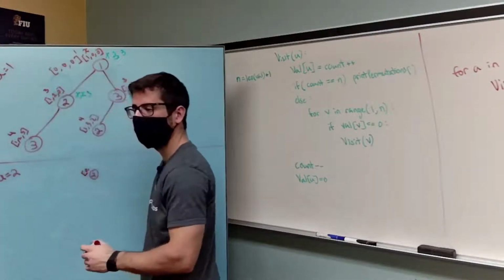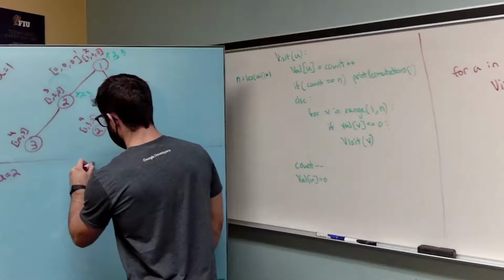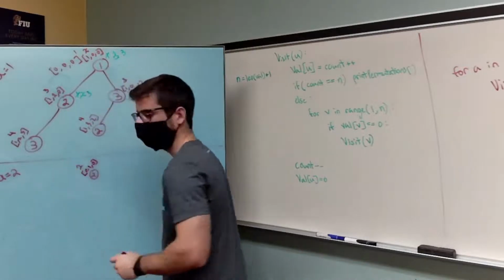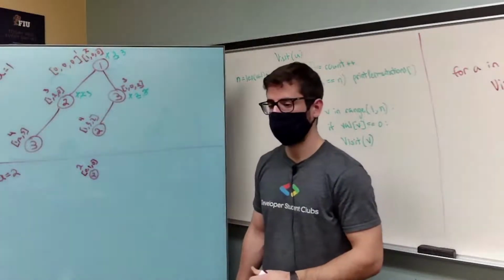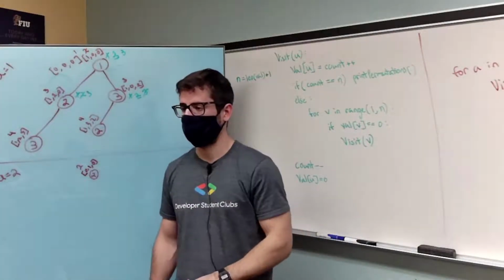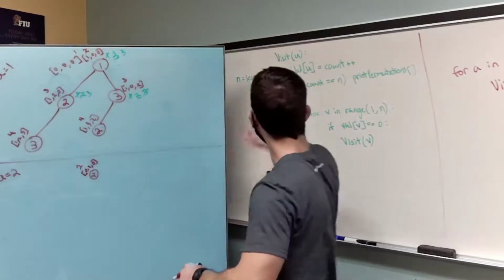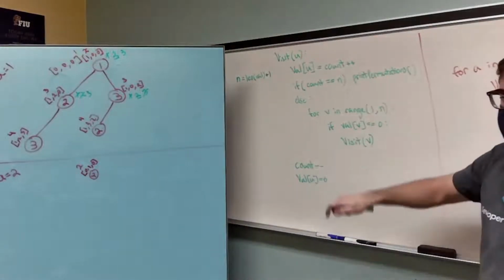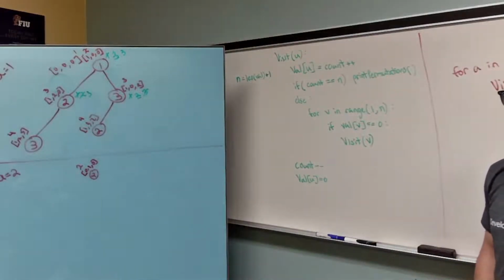Say that again? Is that what you visited? Yeah, first you put the value in the array and then you increment it. So I think that's what's confusing you. Right now your count is 1, so you put it in the array where your u is equal to 2, so then it's in the middle. And then you increment the count to